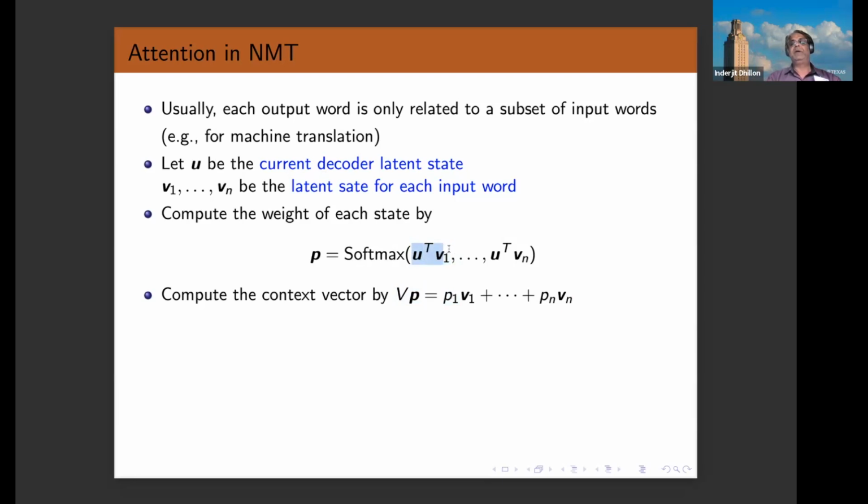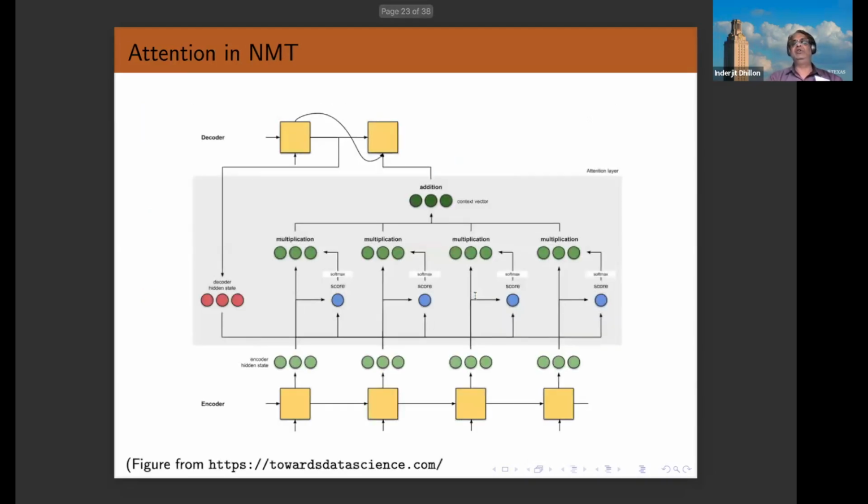This will become a very peaky distribution, and P1 would be almost 1. In which case, the context vector is almost equal to V1. So that's the idea of attention, and the way you can use it in LSTMs is